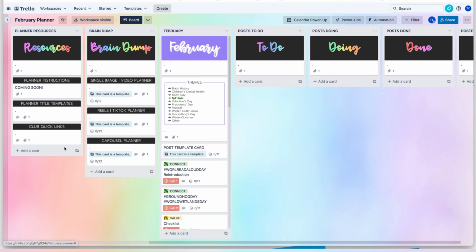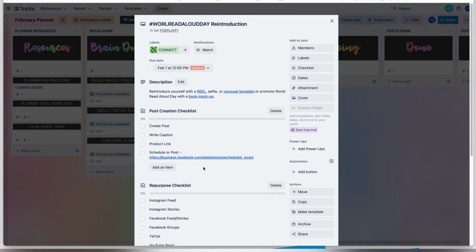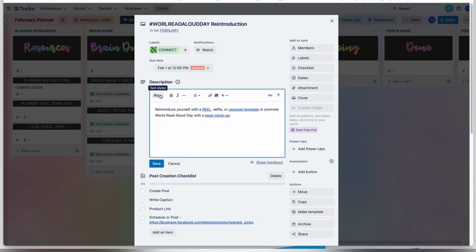So the cards are more than just these labels. You can actually click and open it up and find out that there's a lot more inside each card. So some tools that you have inside each card are, first of all, you can rename whatever that card title is. You can add a description, or you can go, I have put a description here for that prompt post